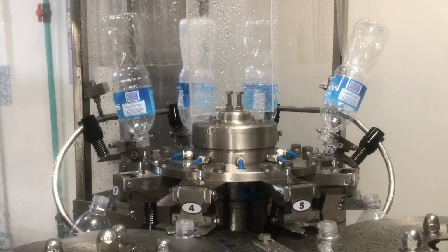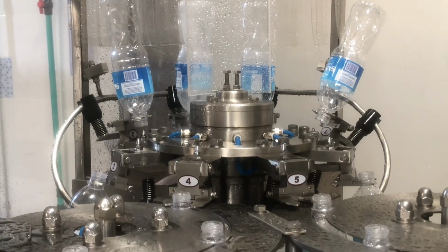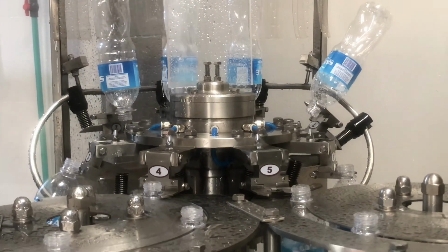So for you to understand the market properly, I will also advise that in the area where you intend to set up your factory, at least do your own groundwork. If there are a few factories around that area, try to find out from them. You can have a discussion with the driver or with the manager of the factory, just for you to understand